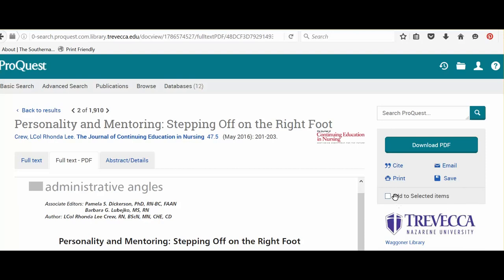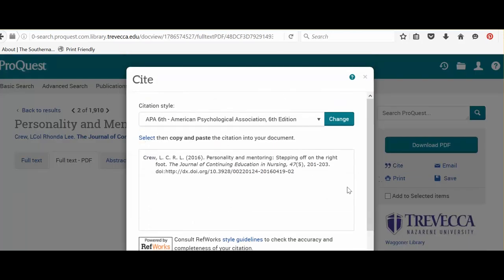Now, if you wanted to cite it, click the link here that says Cite. And here's where you get to choose what citation format. So if APA is your citation format, you'll see it's already cited here for you. Please note it is not correct. In number one, it doesn't have the double spacing needed. So once you copy and paste this into Word, you will still need to edit it a bit. And be sure you have looked at the actual APA style and make the edits as needed.